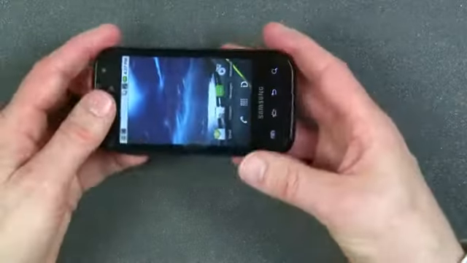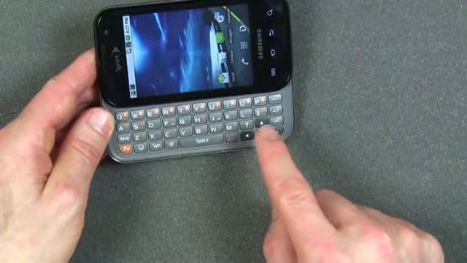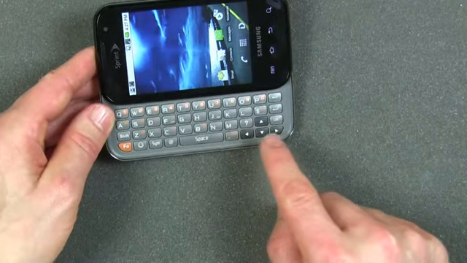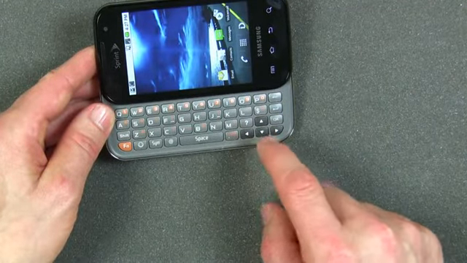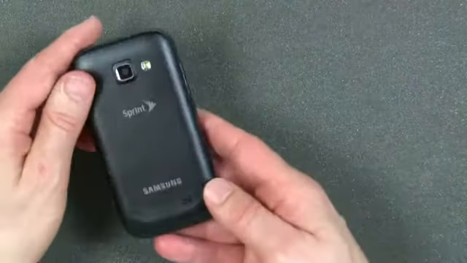And I already mentioned that it has the slide-out keyboard. This is a 4-row keyboard that very conveniently has navigation keys for the cursor down here, which makes it much easier to get around the screen. Taking the back off the phone,